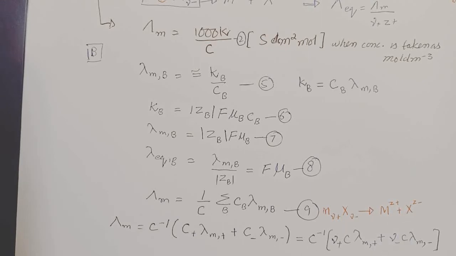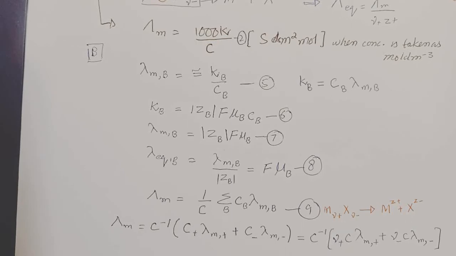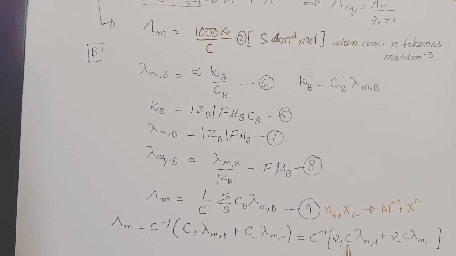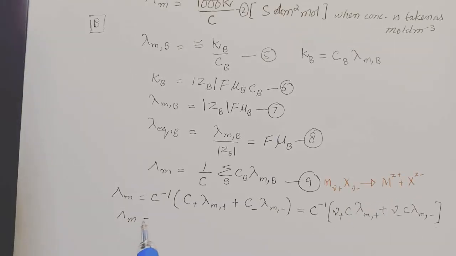So here the relation has been modified stoichiometrically according to this kind of electrolyte. So here we can see that the concentration term within this bracket can be taken as common and can be cancelled with this concentration. So overall this equation can be again simplified as the molar conductivity due to ionic species given here is